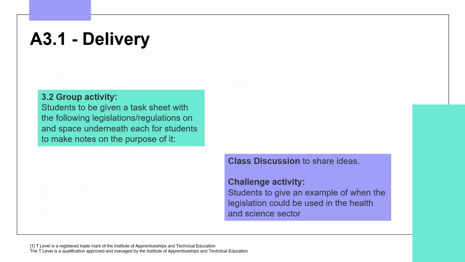In terms of delivery then, if we look at the activities present on the scheme of work, you can see here that it suggests a group activity where students are to be given a task sheet with the following legislations and regulations on, and space underneath for each of the students to make notes on the purpose of it. It then goes on to suggest a class discussion where students suggest and share their ideas, which then leads on to a challenge activity where students could be given an example of where this legislation could be used within the